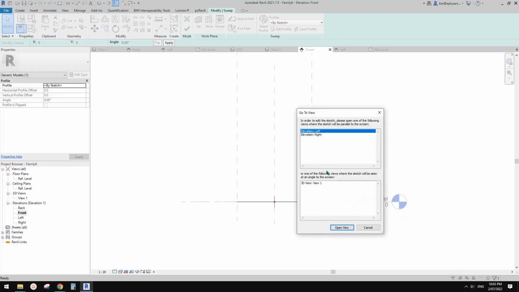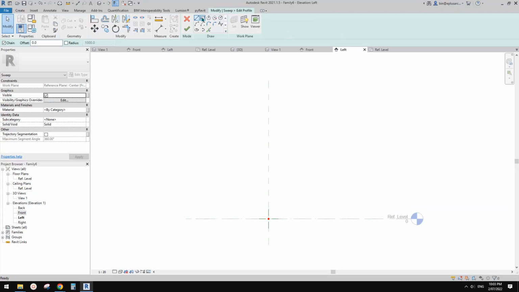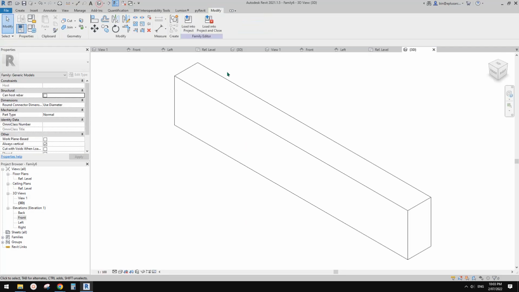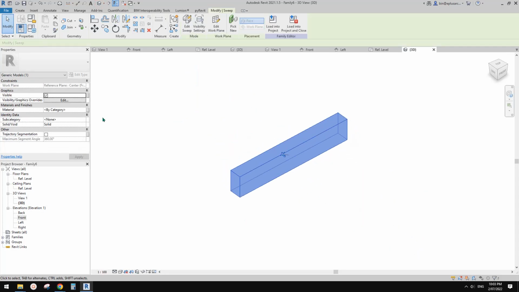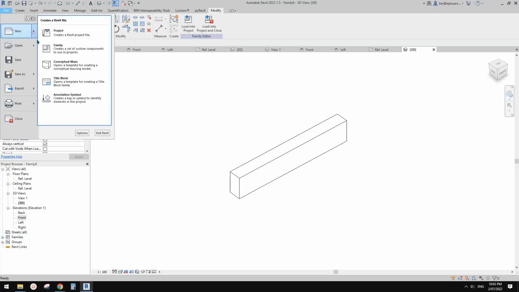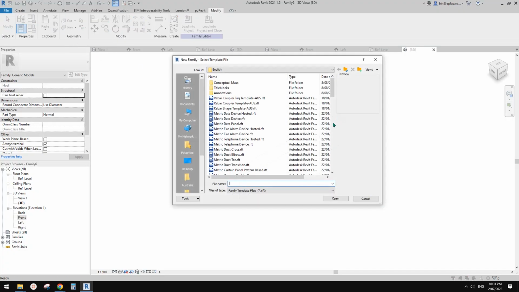So if I do edit profile, if I do a sketch and finish, and now let's go to 3D view and select this one. You will see here, there's no rotation angle, so you can't rotate it. So if we go create a new profile,